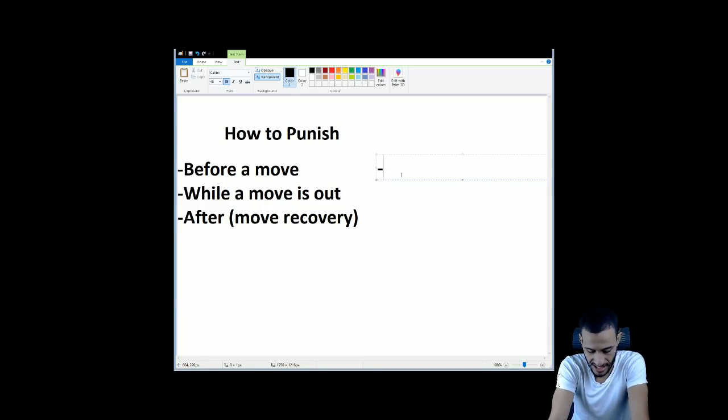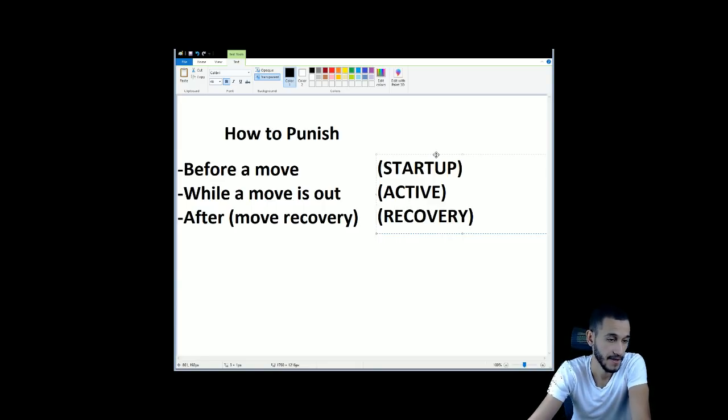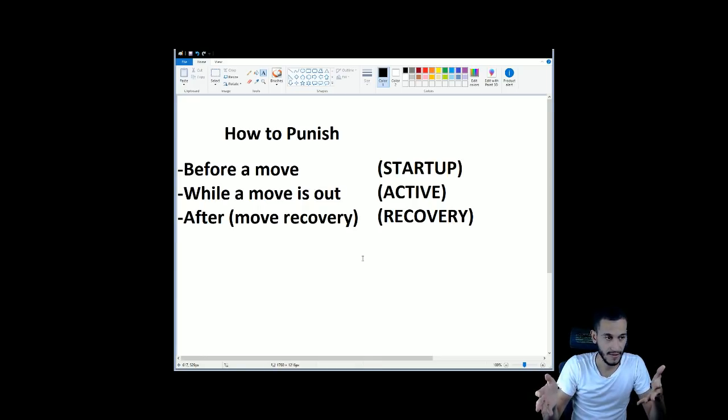So before a move is out, you could actually equate this to being your startup frames, okay? So this could be your startup, and then while a move is out would be during your active frames, okay? And then after a move, or when the move is in recovery, you would say these are the recovery frames, okay? So again, going off of the same philosophy of the 3-step process to figuring out how to punish things,